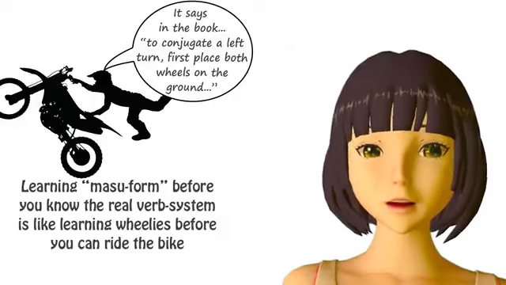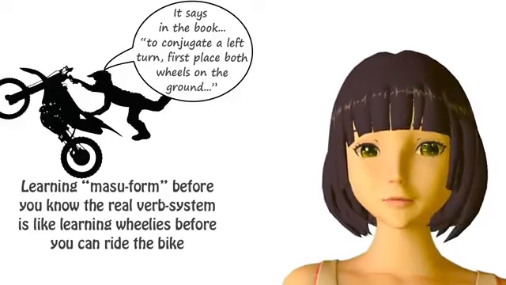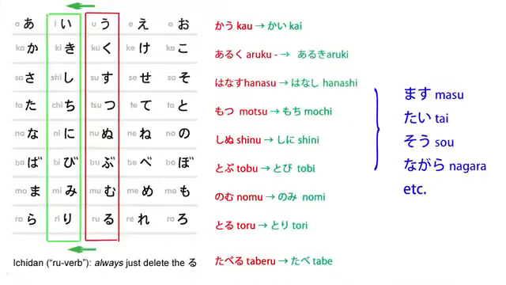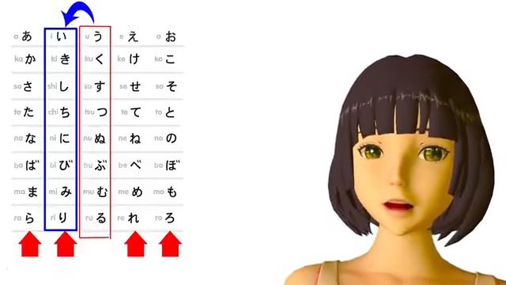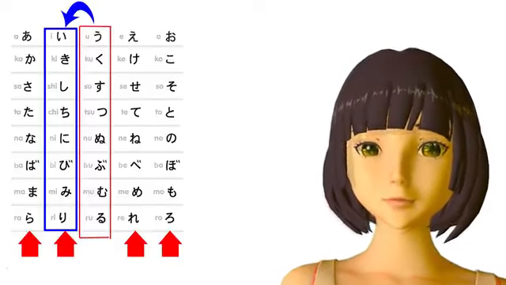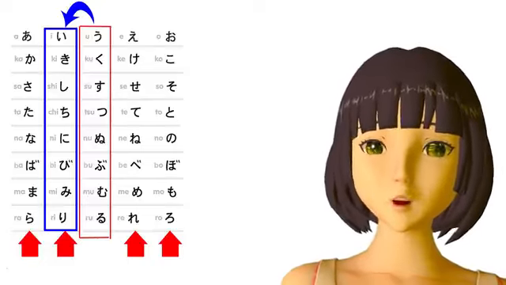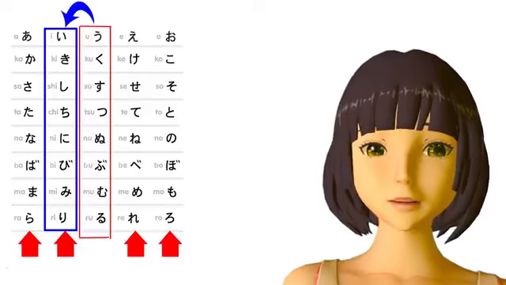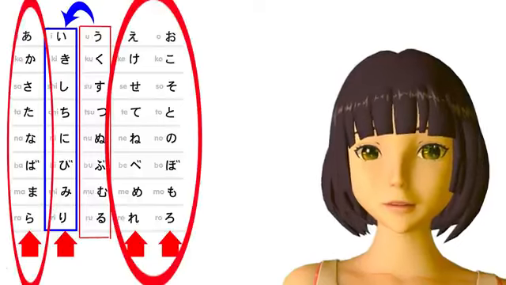So what is this I stem, this ren'yōkei, and why is it so important? Well, obviously it is simply the verb shifted from its base form to the I ending. Verbs that end in ku end in ki, su verbs end in shi, and so forth. Because this is such a wide-ranging structural element, I'm going to compare it to a couple of different things. The first thing, the most obvious thing to compare it to, is the other three verb stems.